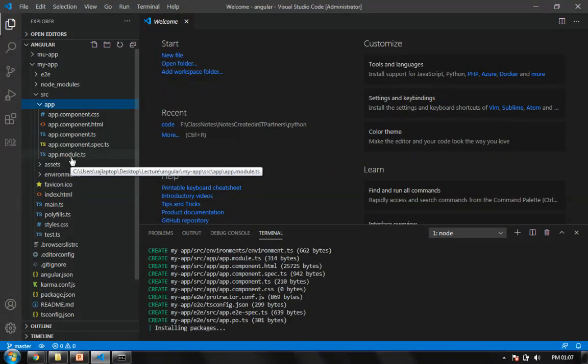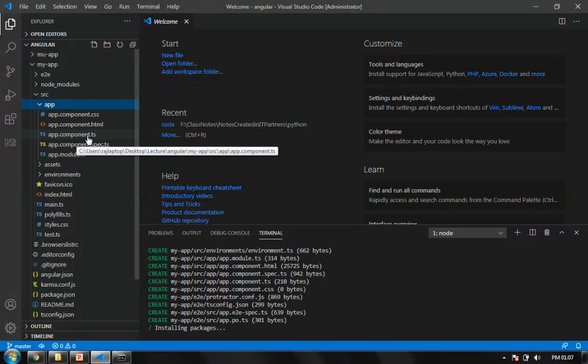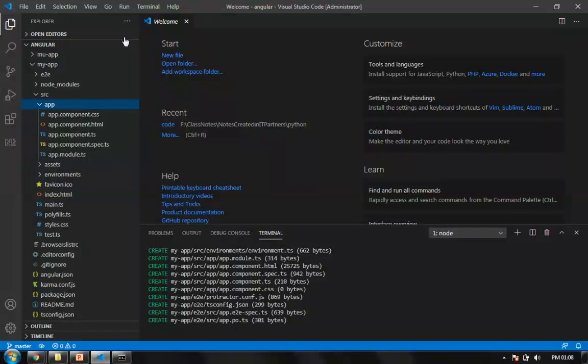Now you know what a model is. Because nowadays we develop everything using the MVC pattern. So we'll be having the model, we'll be having the HTML view, and we'll be having the controller in the background format. That is, the component becomes the controller here. So in short, we can say that this entire Angular application is developed using MVC architecture.